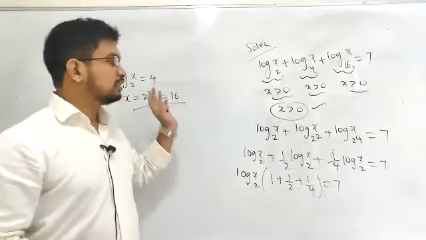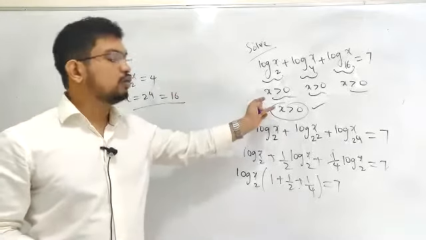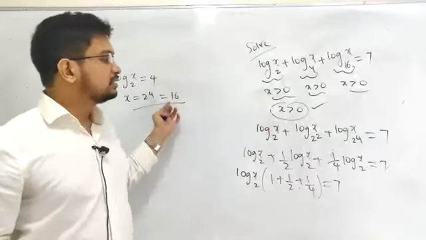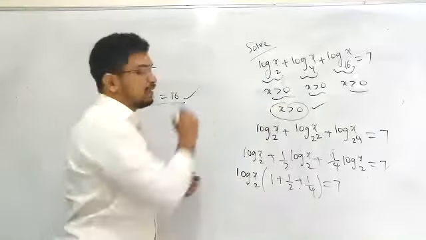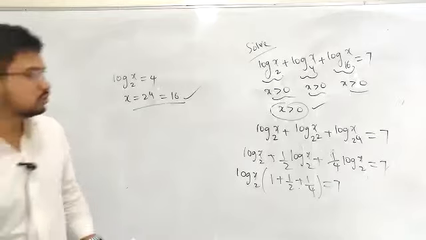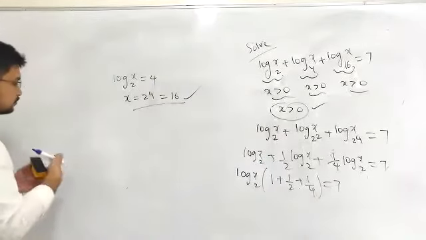Suppose you got some negative value. If that negative value you got and the domain is greater than 0, then you have to write no solution. You got 16 belongs to this interval, so this is a valid solution. This is the new step which you have to use here, right? Hope this is clear. So answer will be 16 for this.